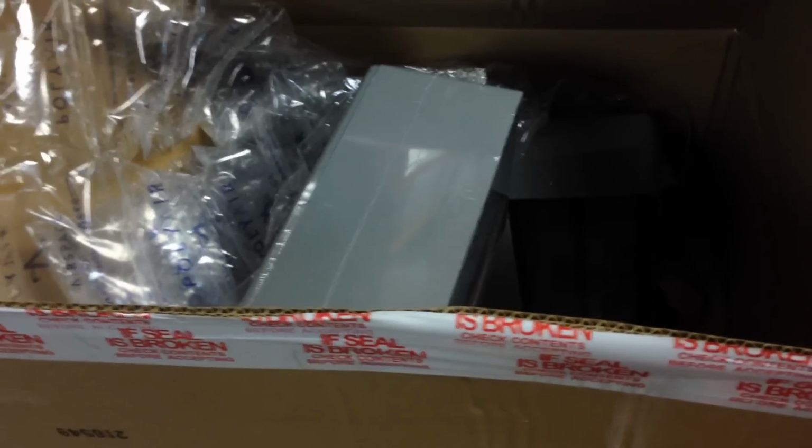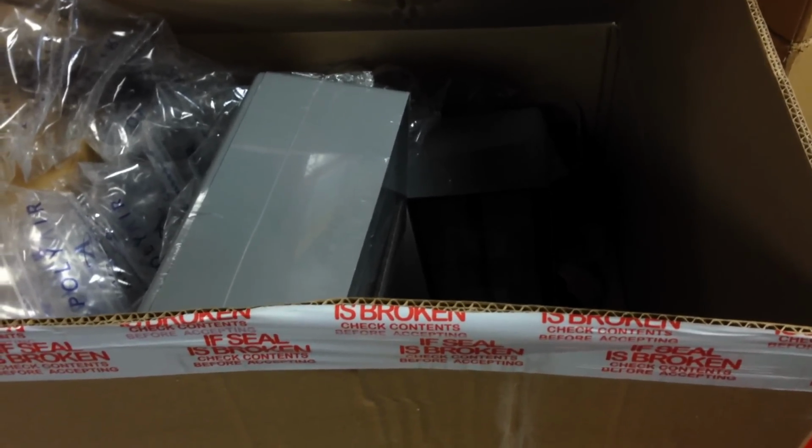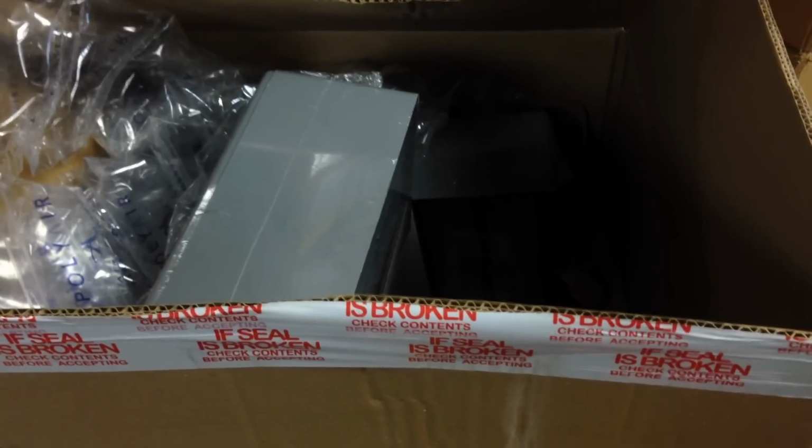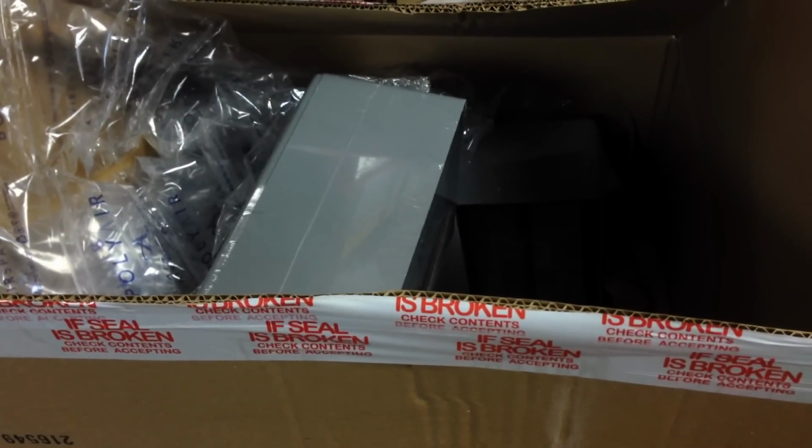So they all seem to be relatively unbroken. I'm obviously not going through all of them, but the packing seems to be sufficient enough to arrive unbroken. The price is real good. It's like 12 something for the 18 drawer and 13 something, I guess basically $14, for the 60 drawer Stack-Ons, and then for all 5 of these boxes, my shipping was $20. So you can't beat that. I mean, free is obviously better, but with the price, even with the $20 shipping, that's